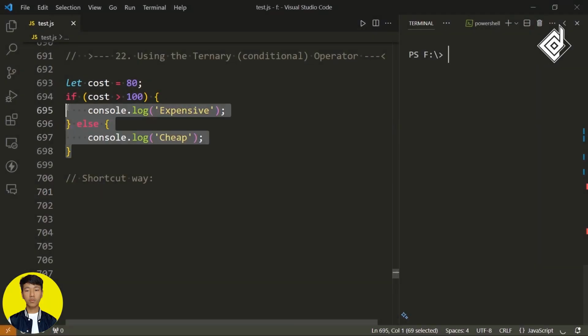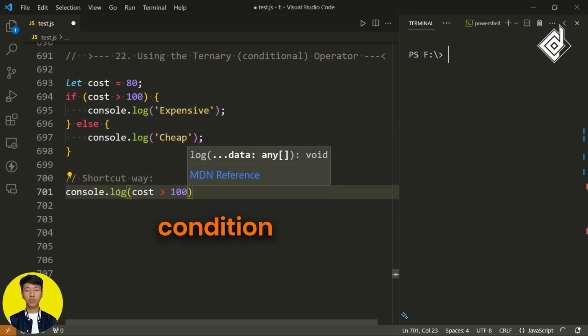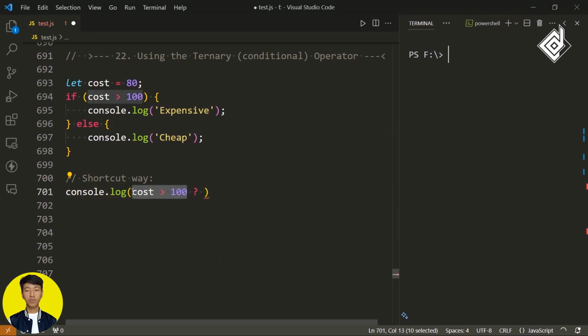Now let's talk about the ternary operator. This is also a really useful one. When you're working with an if-else condition, we can use the ternary operator. First of all, you give the condition, along with a question mark. If that condition is true, then you give the expression that you want to perform. For the else part, first of all, you need to give the colon. After that colon, you give the other expression.